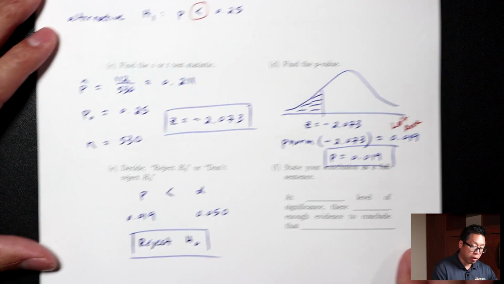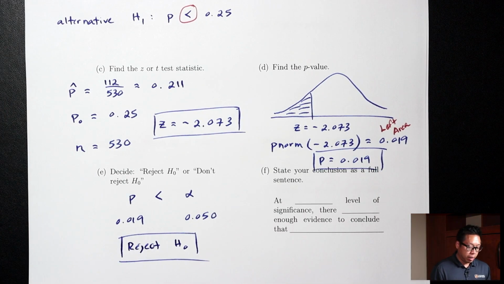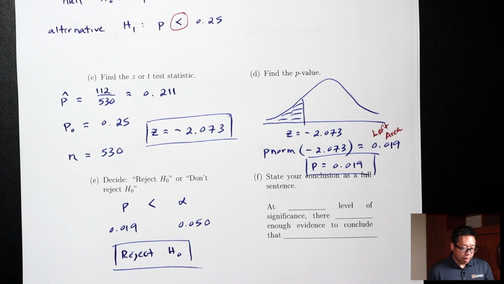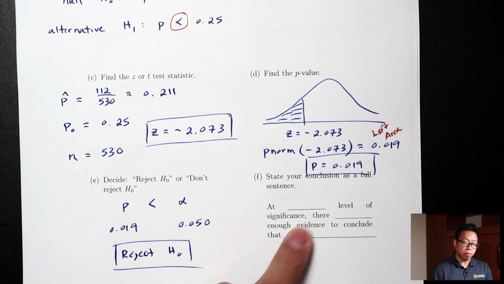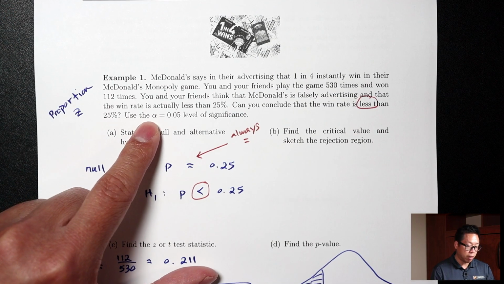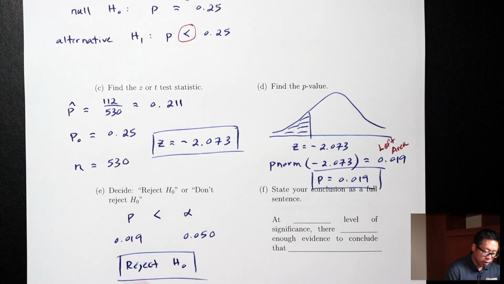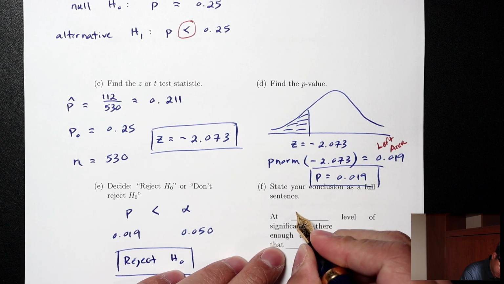Part F. So part F is our final concluding sentence, and this is the sentence that I want you to write. Basically, this sentence is asking whether we can conclude that H1 is true. So we're going to start off by stating your significance level. Our significance level is alpha equals 0.05. So at alpha equals 0.05,